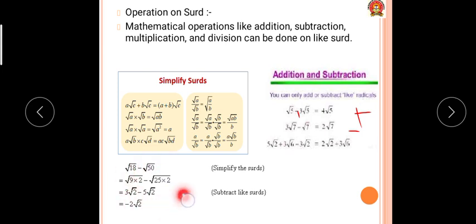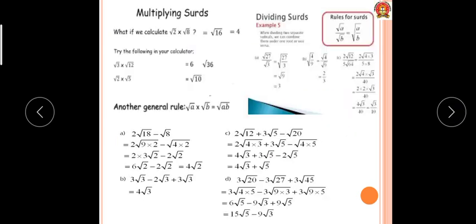Now a simple example, again I am simplifying using a surd. Here it is not in the simplest form. Firstly simplify it. 9 into 2, so square root of 9, outside it will come 3, so 3 root 2 minus, in square root of 25 into 2, this 25 comes 5 and root 2. Write a factor in such a way that it should simplify after coming outside the square root. So 3 minus 5, that is minus 2, and root 2. If the radicand is the same, then only we can do the addition and subtraction. That is very important. It should be a like surd, as well as the radicand should be the same for addition and subtraction. See multiplication of a surd.